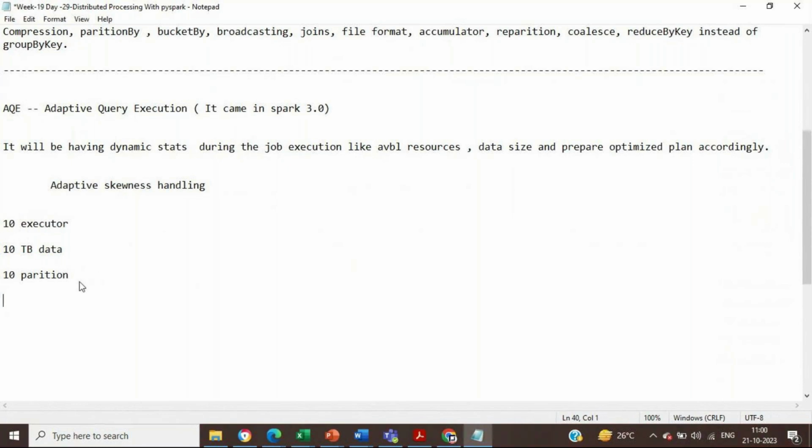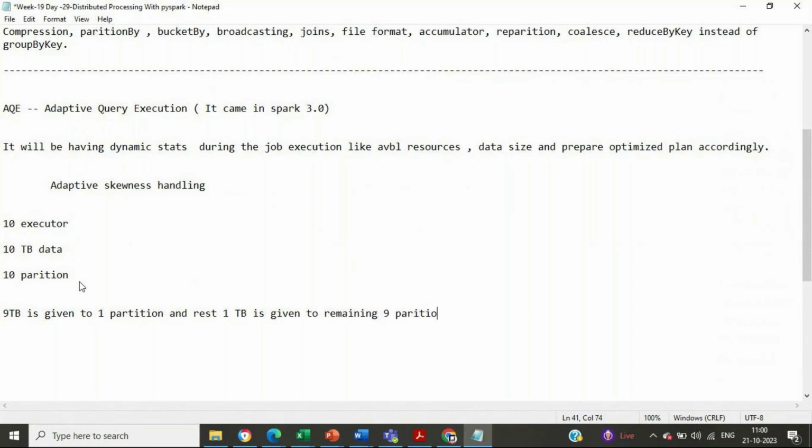But the issue exists over here. The 9 TB data is given to one partition, and the rest 1 TB data is given to the remaining